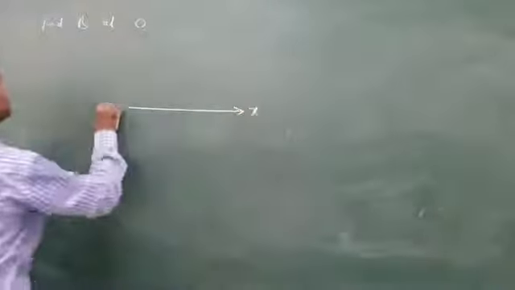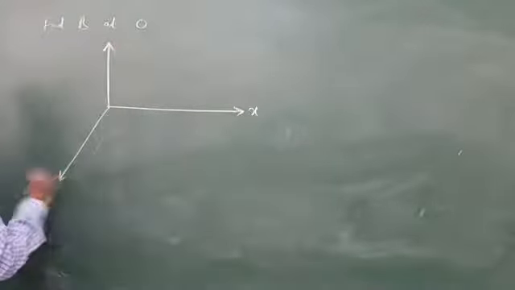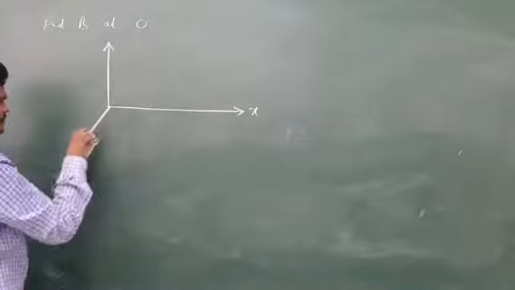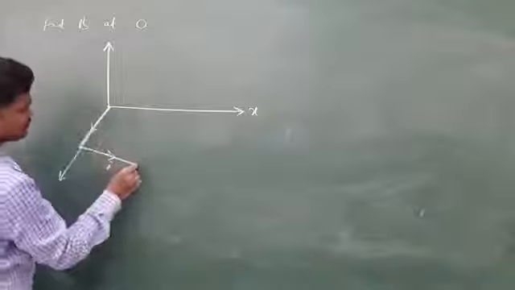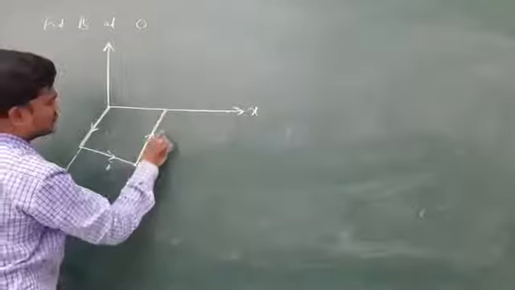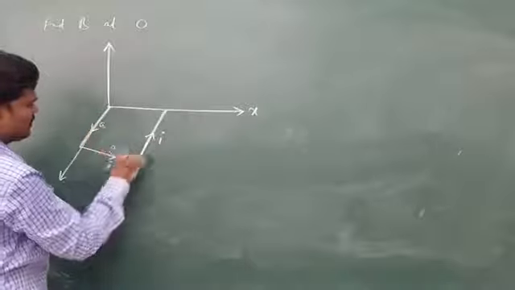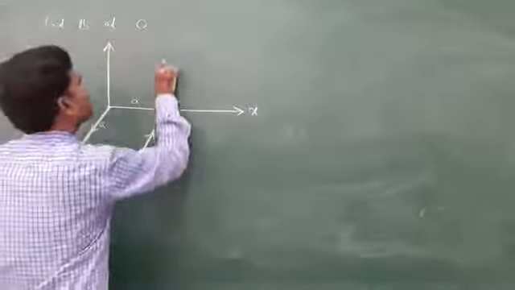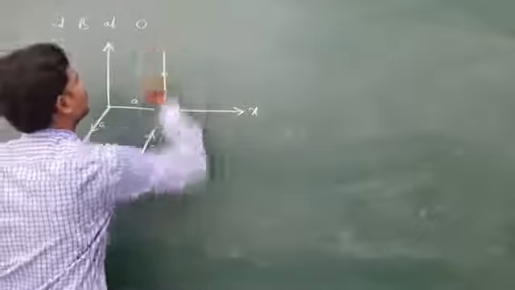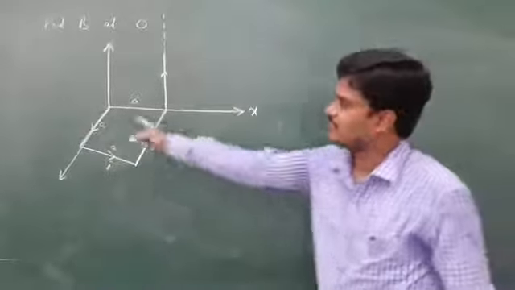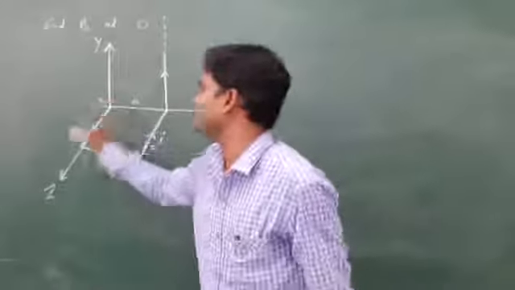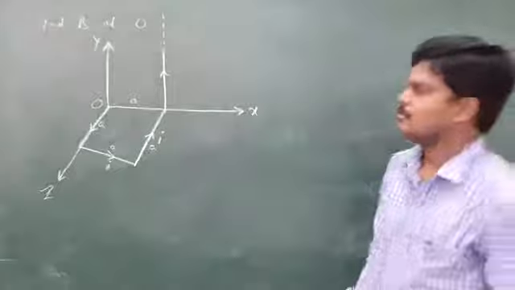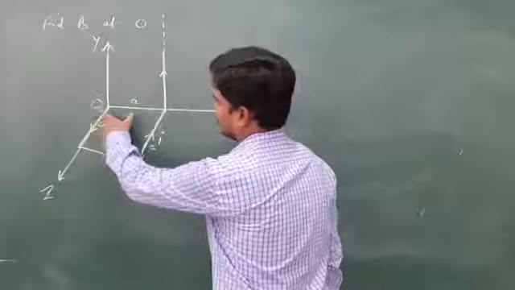This is the x axis, y axis, z axis. Here one wire and one more wire like this carry current I. This is one more wire with all sides equal, A, and one more wire. This is a long wire, an infinite wire, carrying current I. These sides are given as A. Let us take this as the Z axis, this as the Y axis. And here the target is to find the field at this point. So our target is to find the magnetic field at this point.